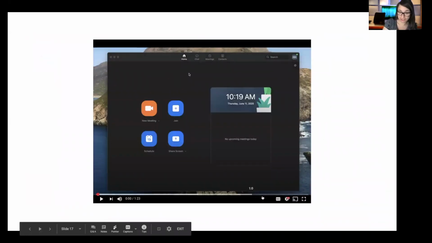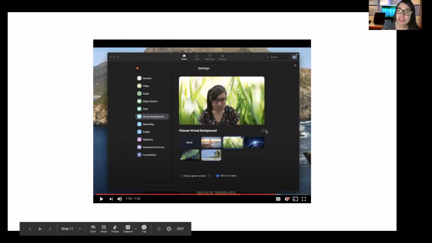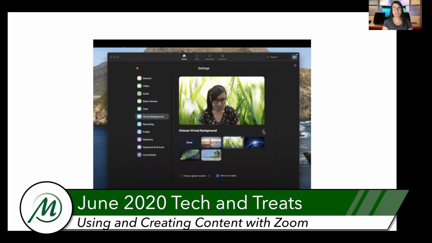So I did not take a video of this, I should have, but you'll see this little plus sign icon here. This is what gives you the option to upload your own background as opposed to using one of Zoom's default virtual backgrounds. So maybe you don't want the Golden Gate Bridge or grass or space or the Northern Lights or anything like that. You just hit that plus sign and then it gives you the option similar to uploading a picture to Facebook. So it's just pick it from your browser, from your documents, and then it'll just upload immediately. So it's super, super easy.